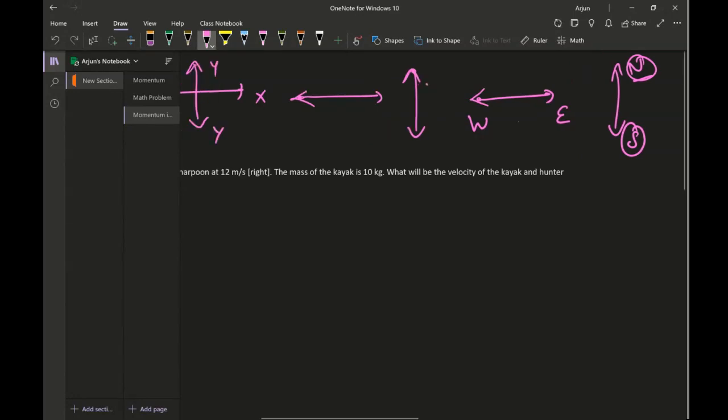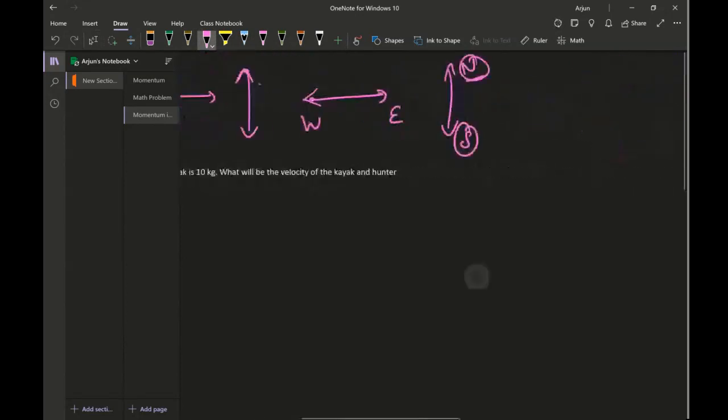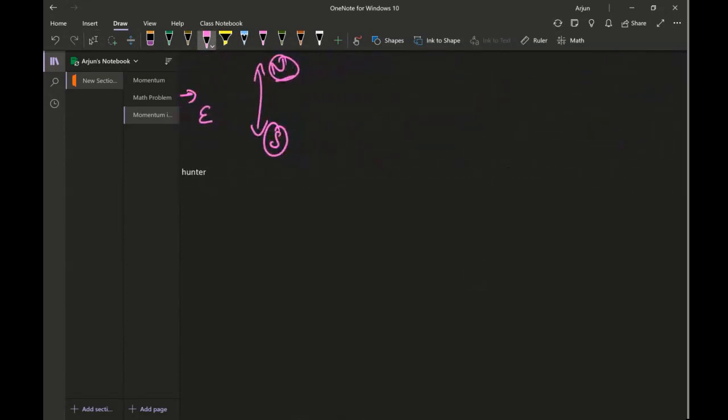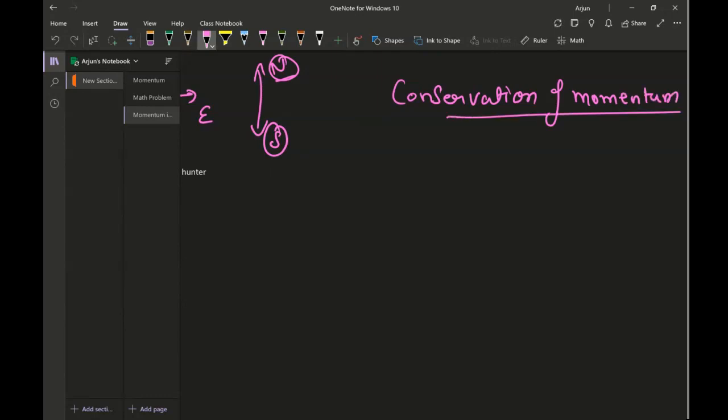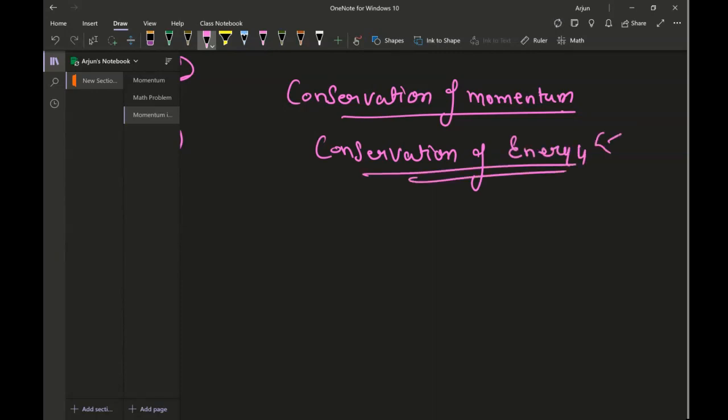Now we are talking about momentum in one dimension. To do that, we need to understand conservation of momentum. Before I jump into the conservation of momentum, I'd like to recall the conservation of energy. You might have learned in the conservation of energy that energy is conserved, which means that